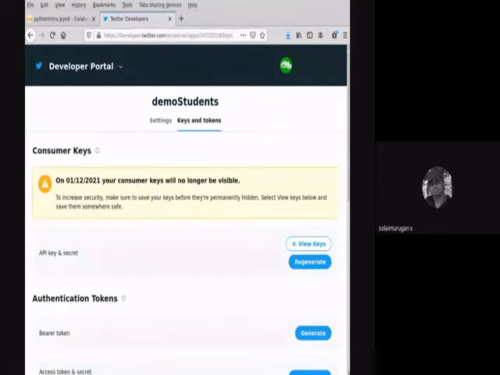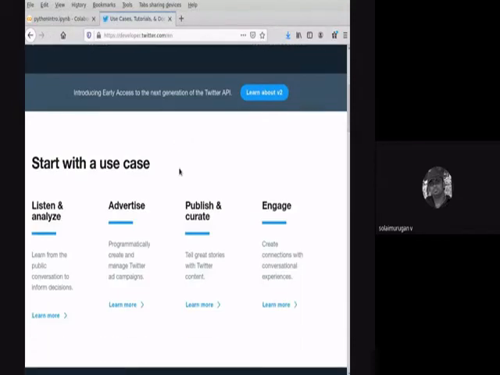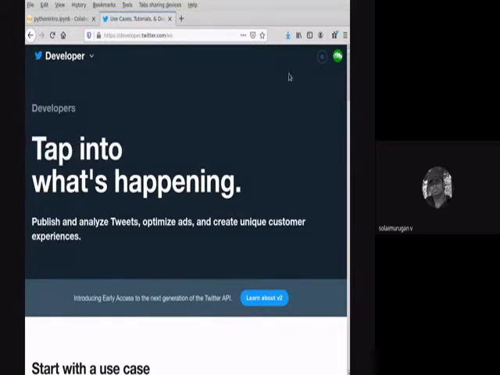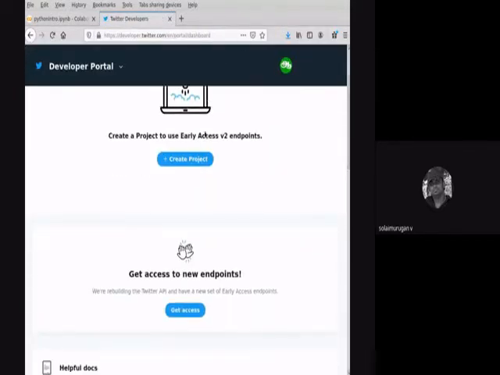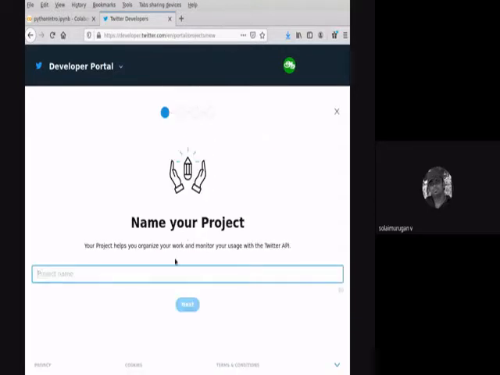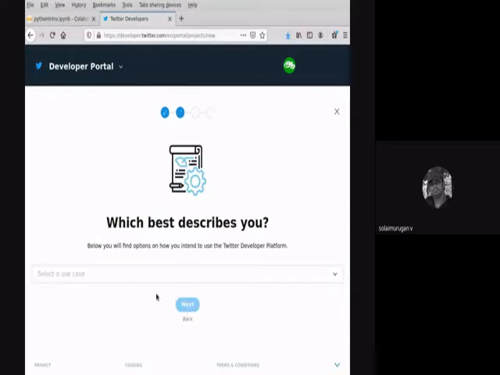How to create? Create a project, open here. You can try here. So create a project with any name, demo NITTR, and a small description, as I said.